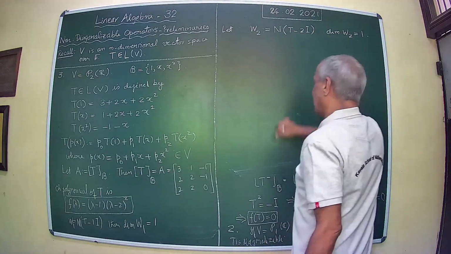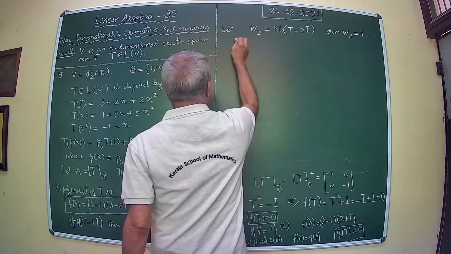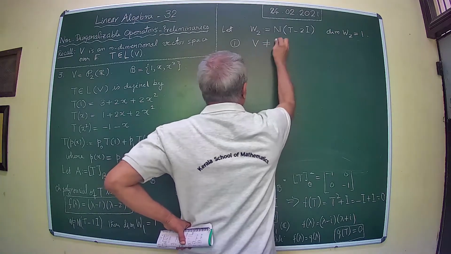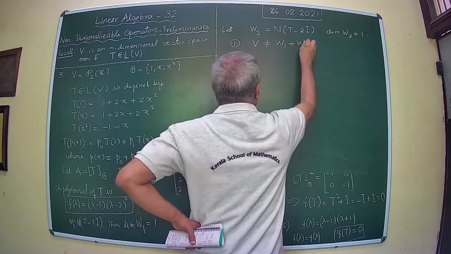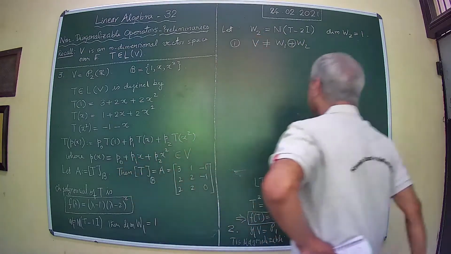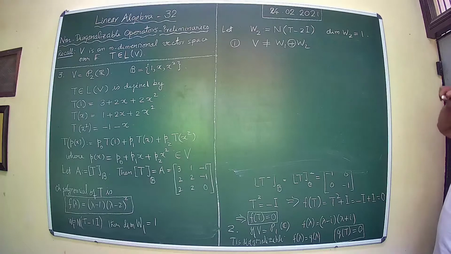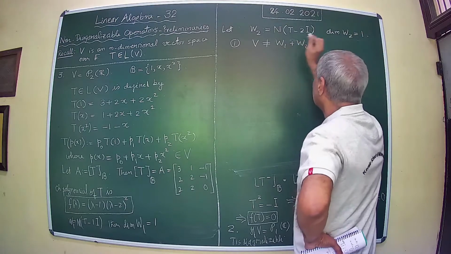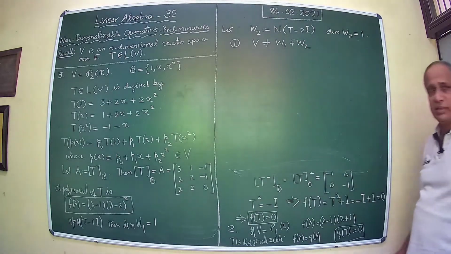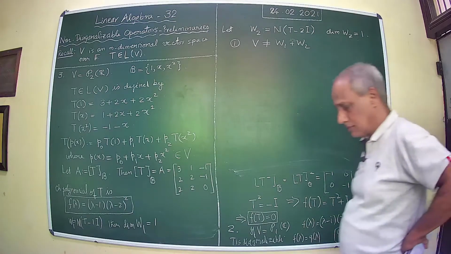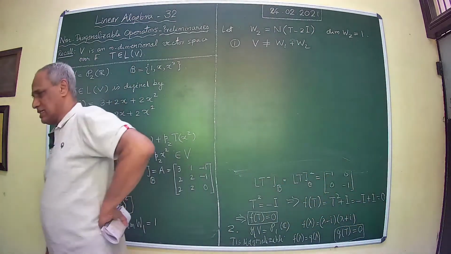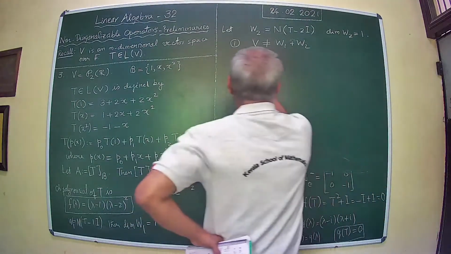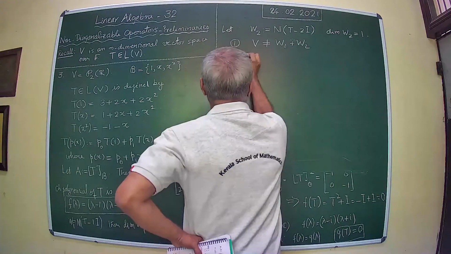Therefore, a lot of interesting things happen. First thing that you observe is that V is not equal to W1 plus W2. Of course, W1 intersection W2 consists only of the zero vector, that is valid, but this is not true. And this implies